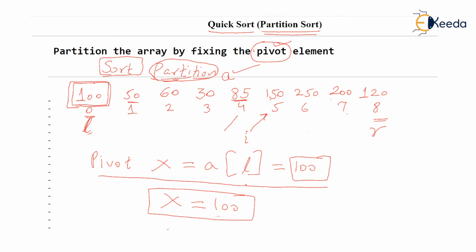Now you watch, I and J have stopped again. Last time when I and J stopped at their respective places, we had interchanged AI with AJ. But this time we won't. Because the interesting fact is that the counter I has now crossed the counter J. Recall I started with L and J started with R, and they both came nearer and nearer, and now they have crossed each other.